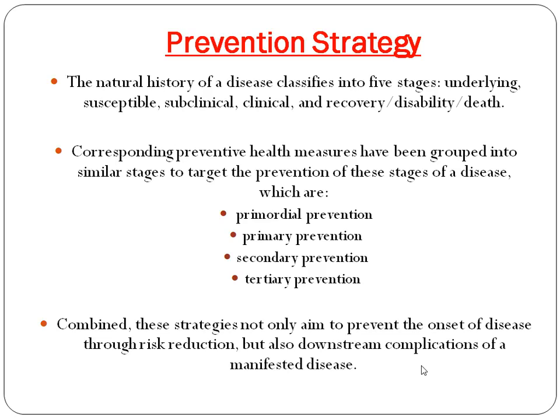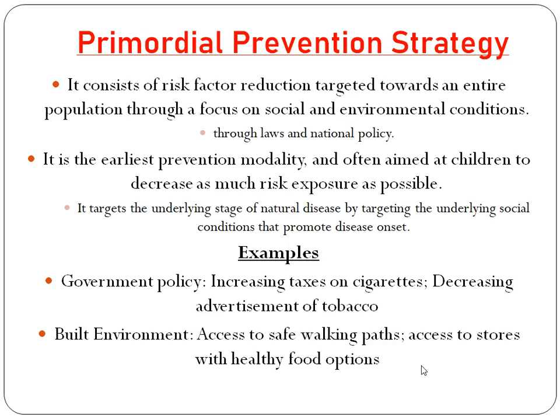So the bullet says, combined together, these strategies not only aim to prevent the onset of disease through risk reduction, but also downstream complications of a manifested disease. As we go along, we're going to see more of that. So let's start with the primordial prevention strategy. Now, this kind of prevention strategy is aimed at